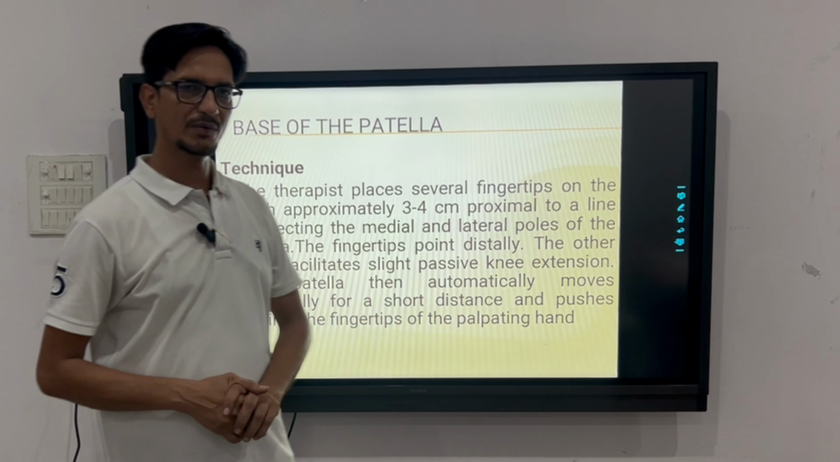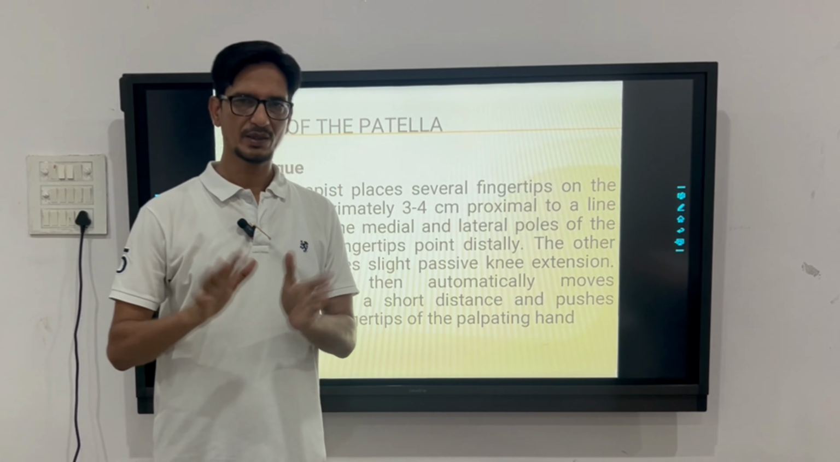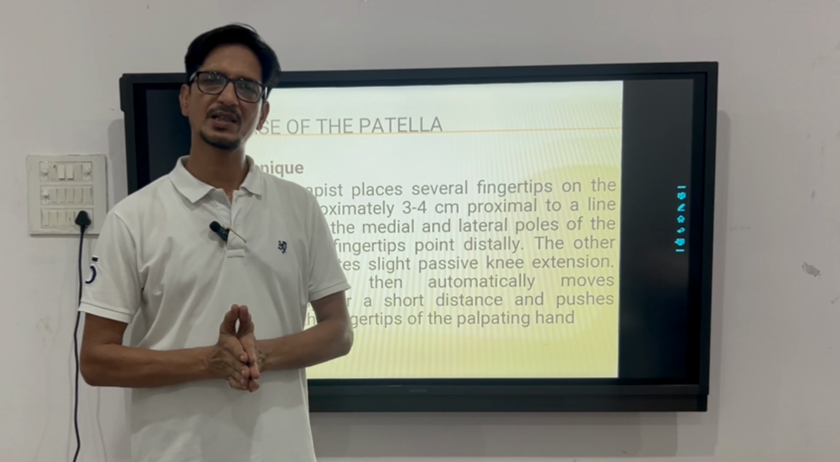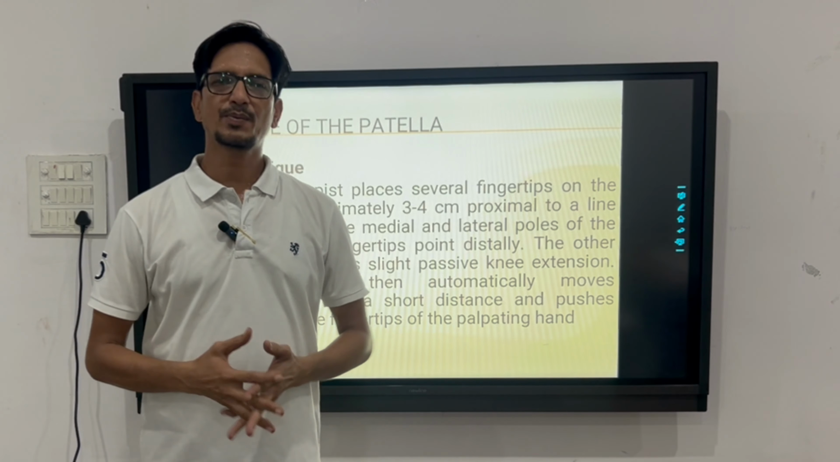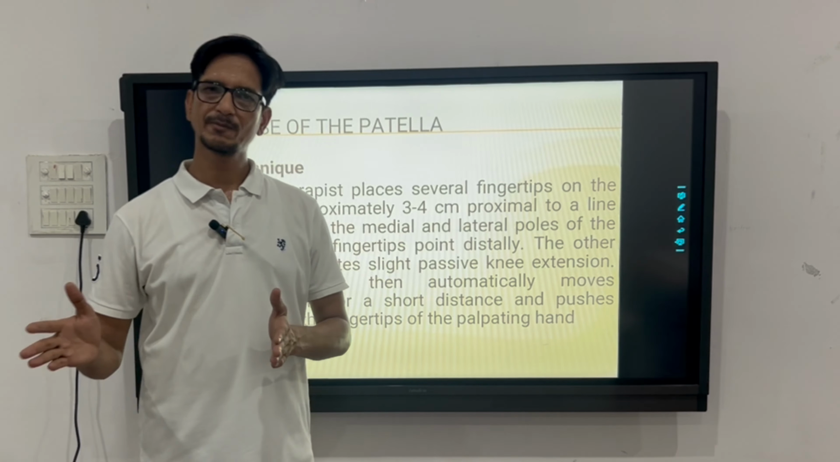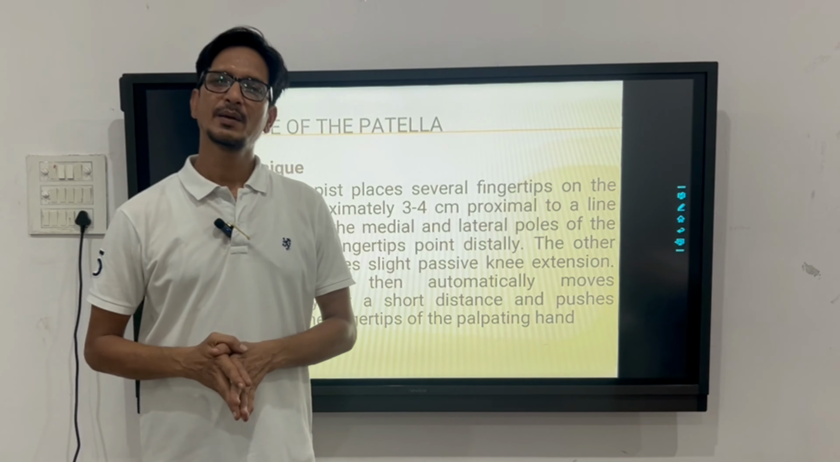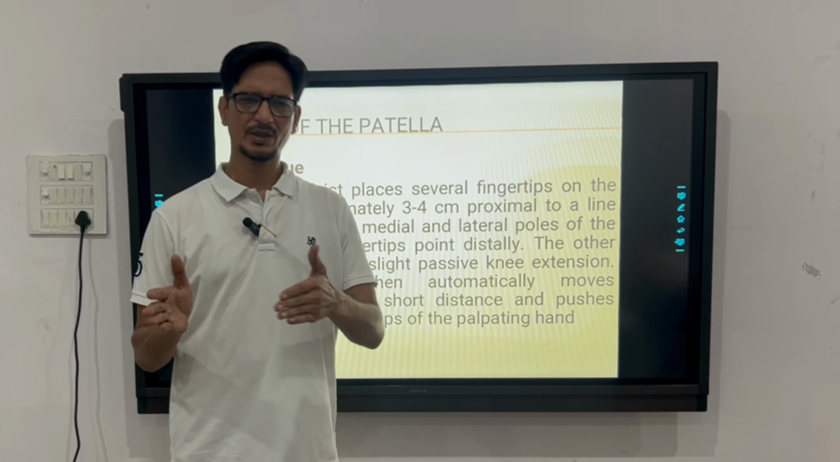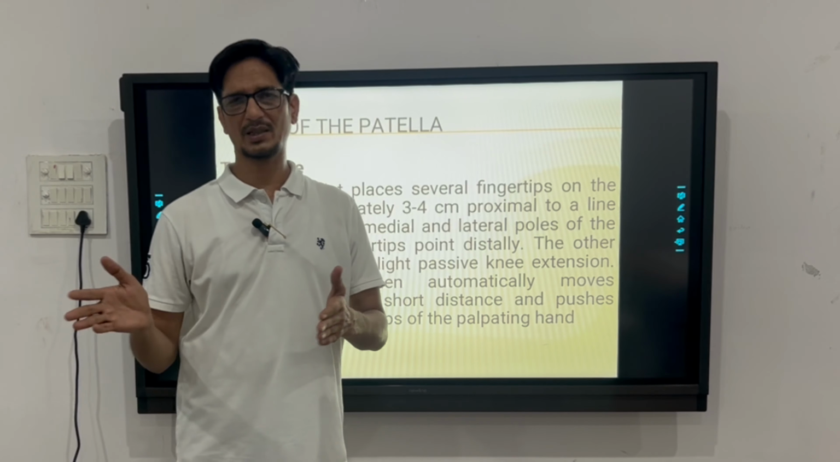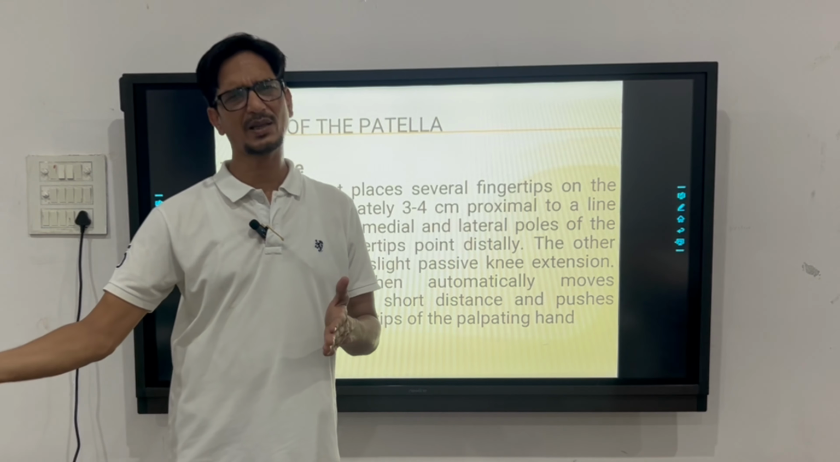First, the palpation of the base of the patella. What should be the position? Again, we have already discussed. Now come to the therapist position. The therapist should be positioned in front of the patient, either side of the limb. It may be medial or lateral, but the most convenient position is that the therapist should always remain at the lateral